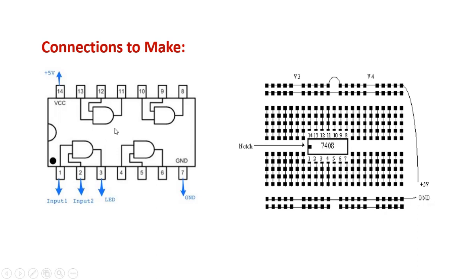So these will become plus 5 volt, and you can connect the lower ones with the ground. Now first and foremost, when you place your IC on the breadboard, you have to connect the 14th pin to plus 5 volt and the 7th pin to ground. You have to do this firstly. After that you connect input 1, suppose A, to pin 1, and input 2 to pin 2, and then you can check the output at pin 3, so you can connect an LED here.